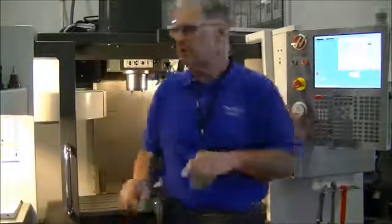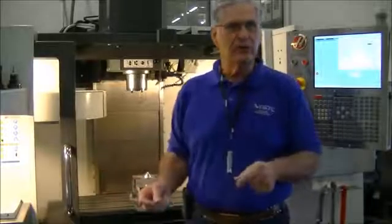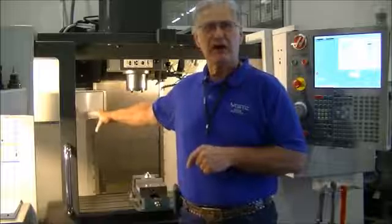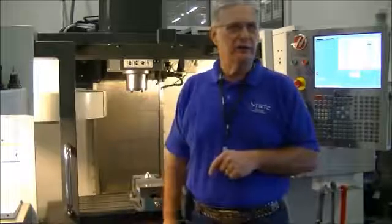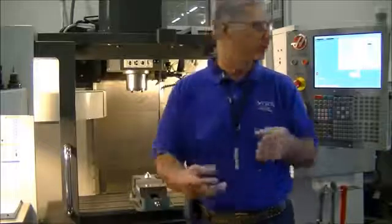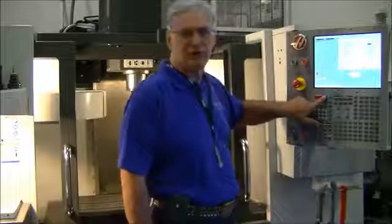Number one is all machine axes will move to machine home. A second thing that will happen is the tool changer, if it is not already at tool number 1, the tool changer will index to tool number 1. That's the startup process right here. So when I press Powerup Restart, and I'll move out of the way,